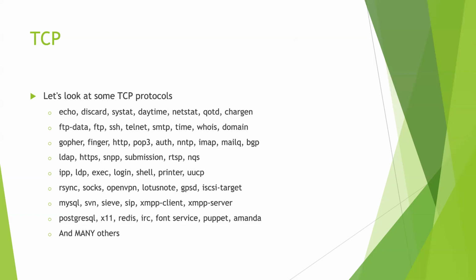There's SMTP, which is Simple Mail Transfer Protocol. That's how email moves around the internet. The domain protocol is DNS. And I think you guys were talking about that out of band. Basically this is the system that handles the mapping of host names and network names to the actual IP address.